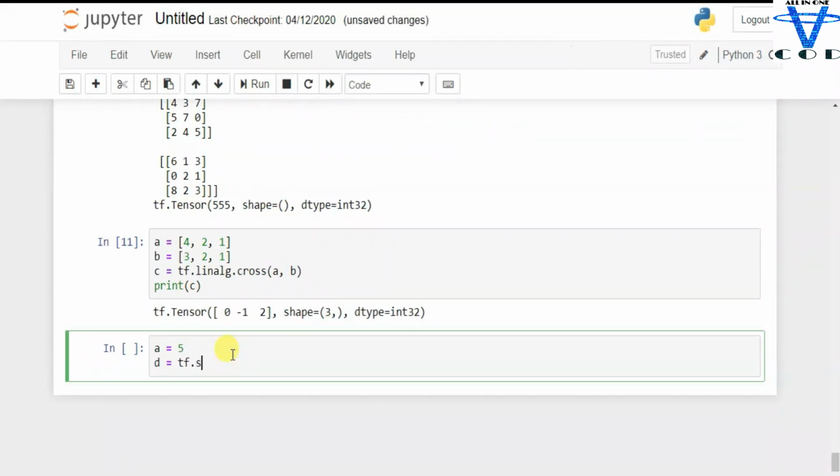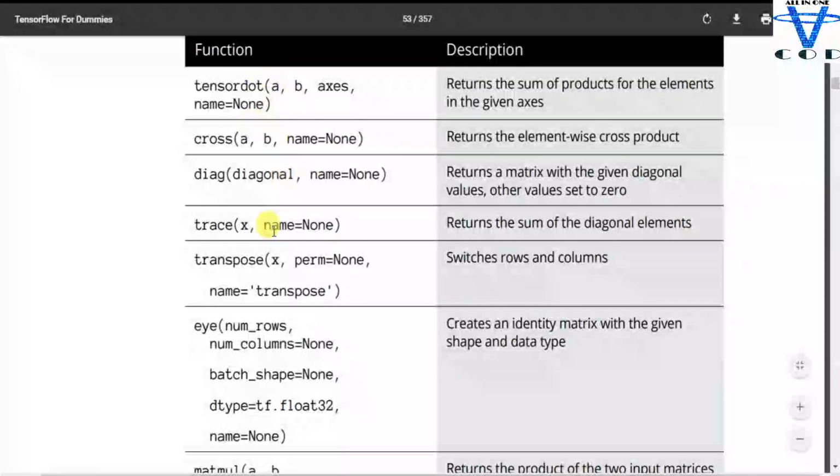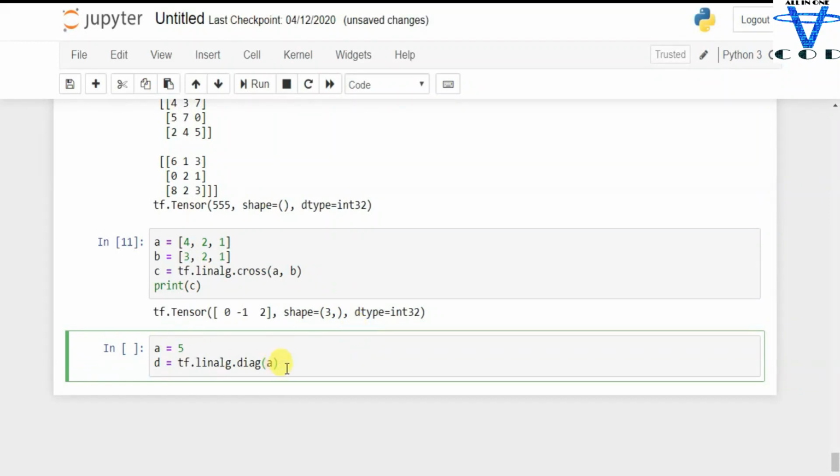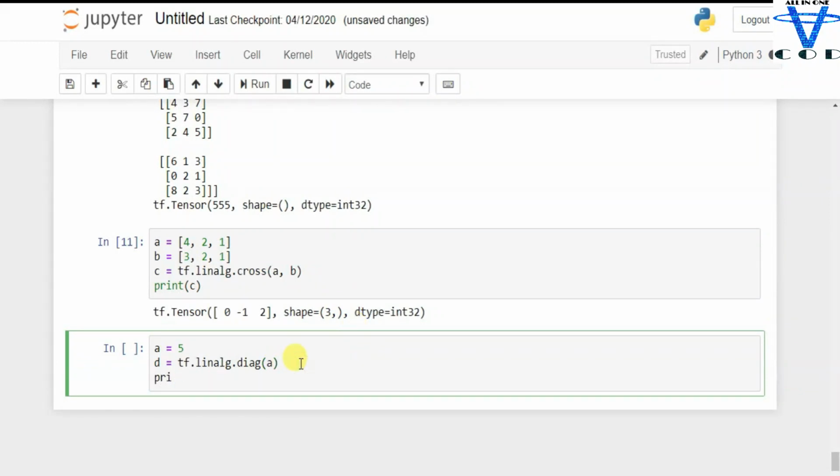D equal to tf.diagonal. There is no function like diagonal, so we have to use linalg.diag. All of these functions are in linalg except tensordot. Let's pass A and print D.